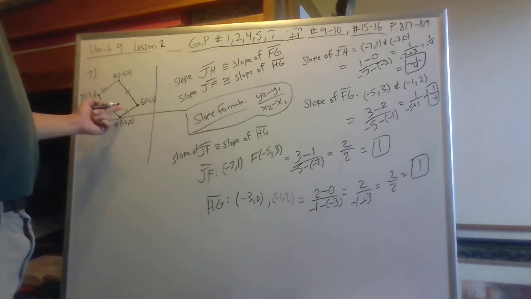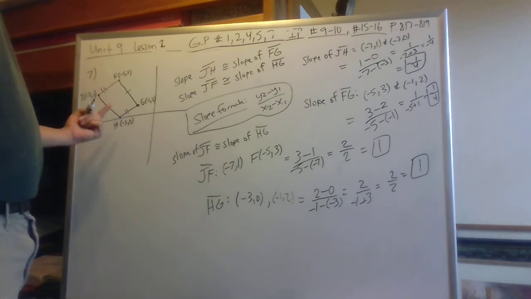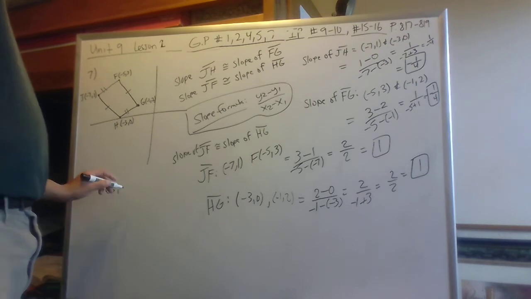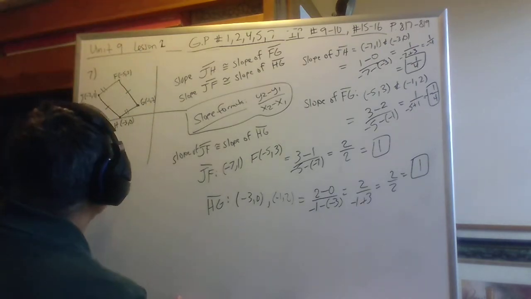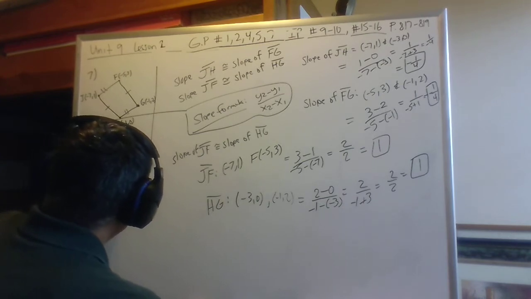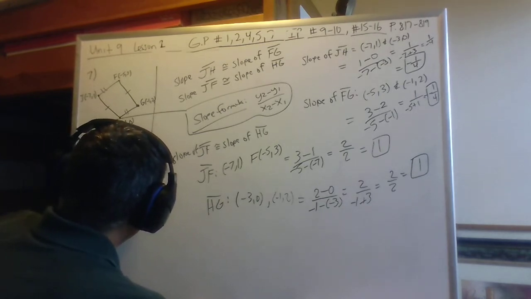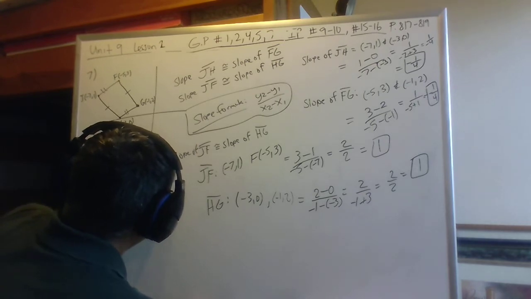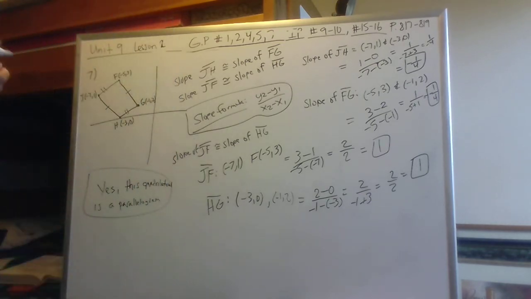Since the opposite sides of the quadrilateral have congruent slopes, yes, this quadrilateral is a parallelogram. All right, so that concludes our guided practice, and I am now going to start the independent